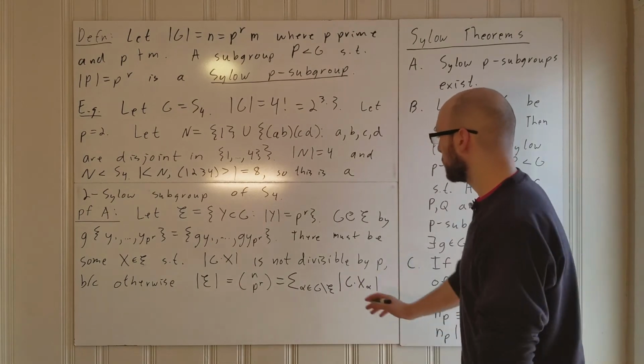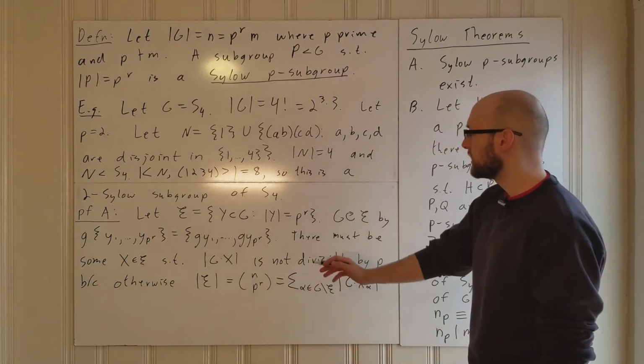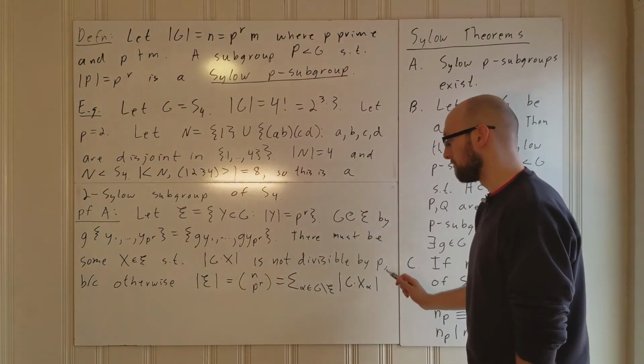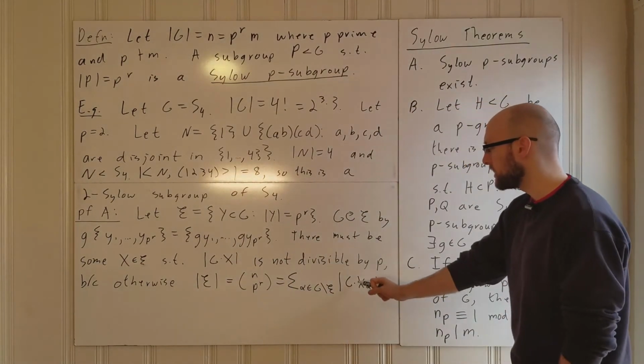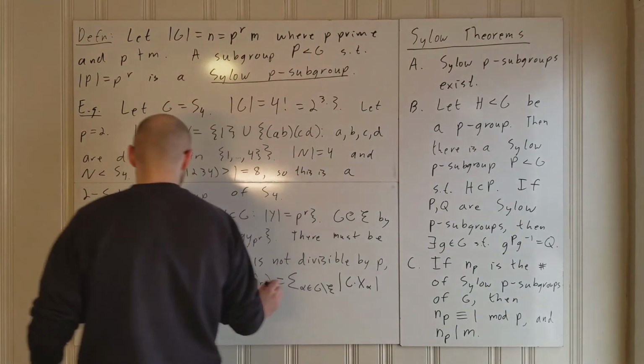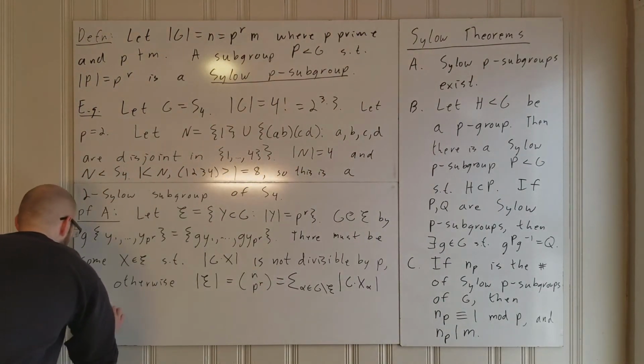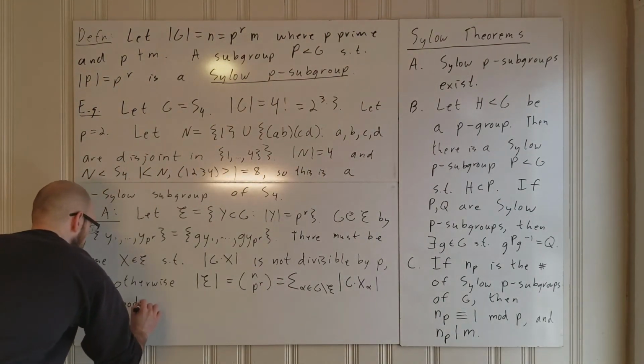And if there is nothing that's not divisible by p, then all of these are divisible by p, which means that this sum is equivalent to 0 mod p,